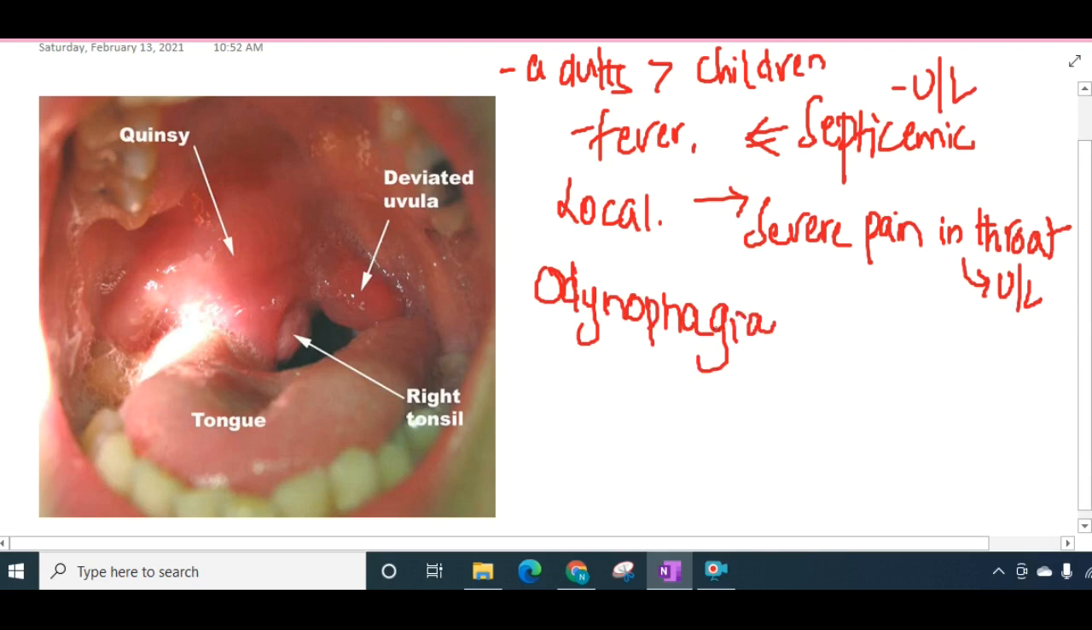And here the patient has an enlarged tonsil. I will draw the similar thing here. Normally this is how the tonsil will be. These are the two tonsils, and this is the uvula. But now in